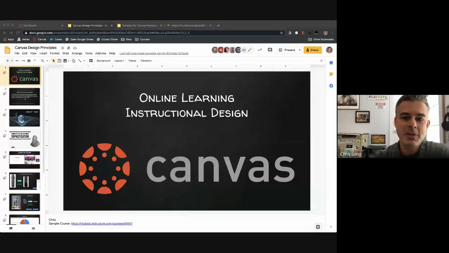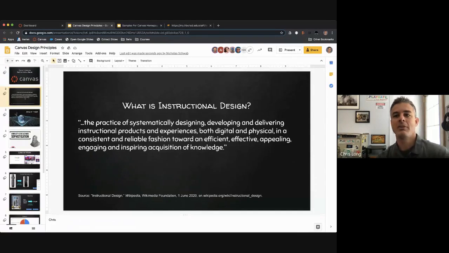Okay, so as Tim mentioned, we're going to spend a little time going over what we think the core areas of online learning design really are, and specifically using Canvas. But just to start out, I'm going to begin with a definition of what instructional design is. It's very wordy: the practice of systematically designing, developing, and delivering instructional products and experiences, both digital and physical, in a consistent and reliable fashion toward an efficient, effective, appealing, engaging, and inspiring acquisition of knowledge. That's a lot to digest, but we're going to really focus on the digital, since Canvas is our digital classroom. And really today is going to be focused on the efficient, effective, appealing, engaging, and inspirational aspects of